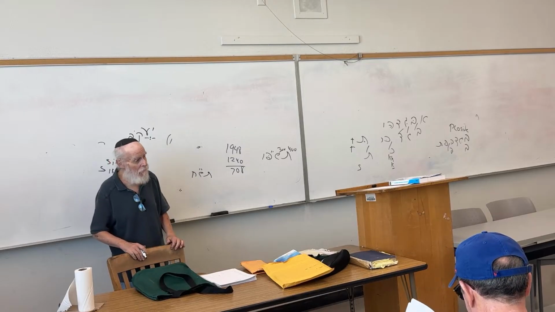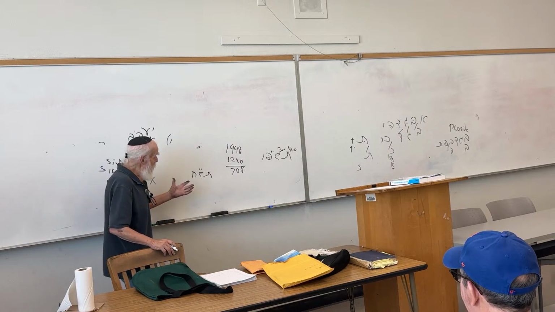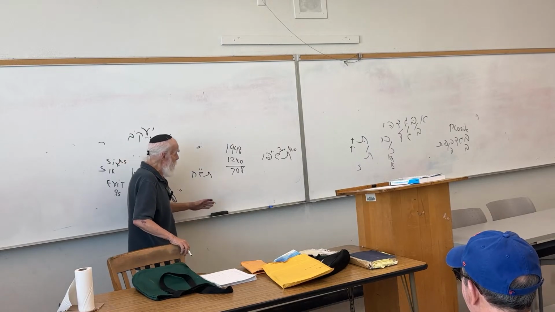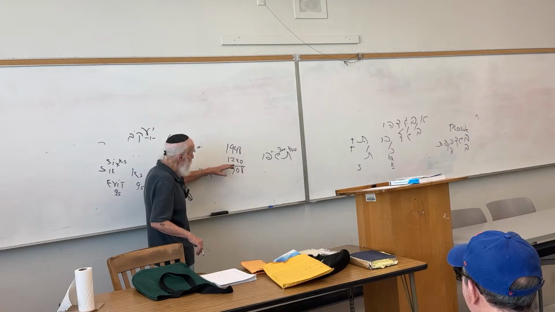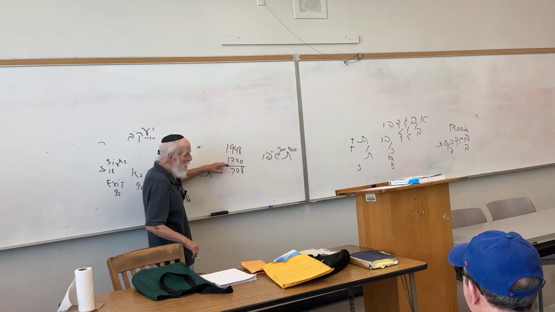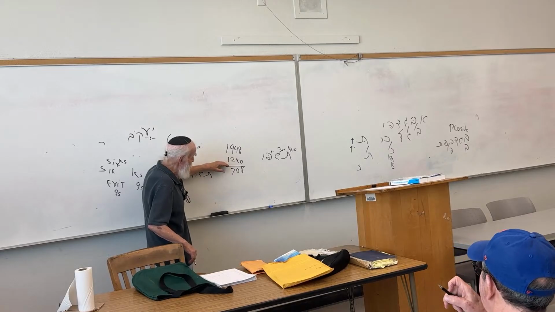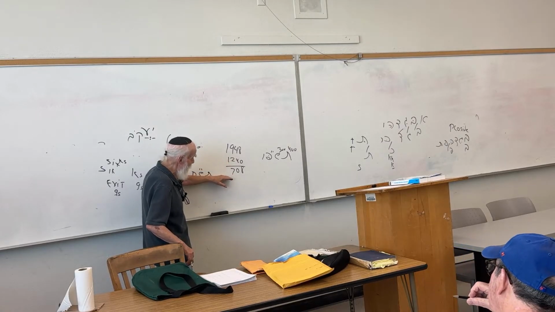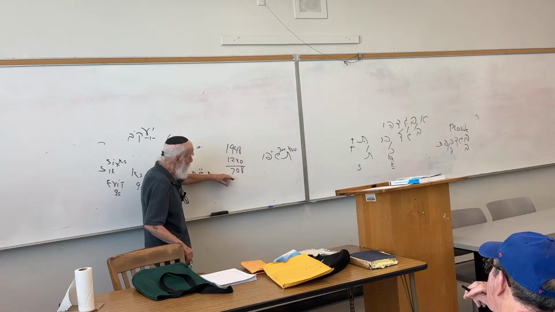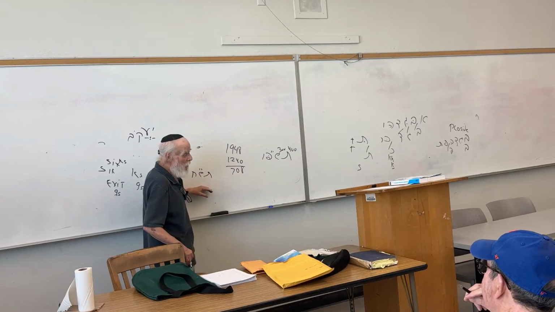What does 708 turn out to be? I don't know why 1240. All I know is whatever year you have after 1240, subtract 1240 from that year. So 1948, I want to know the Hebrew date. I subtract 1240, I get 708, and then I get the value of 708. Tashach, that's the year.